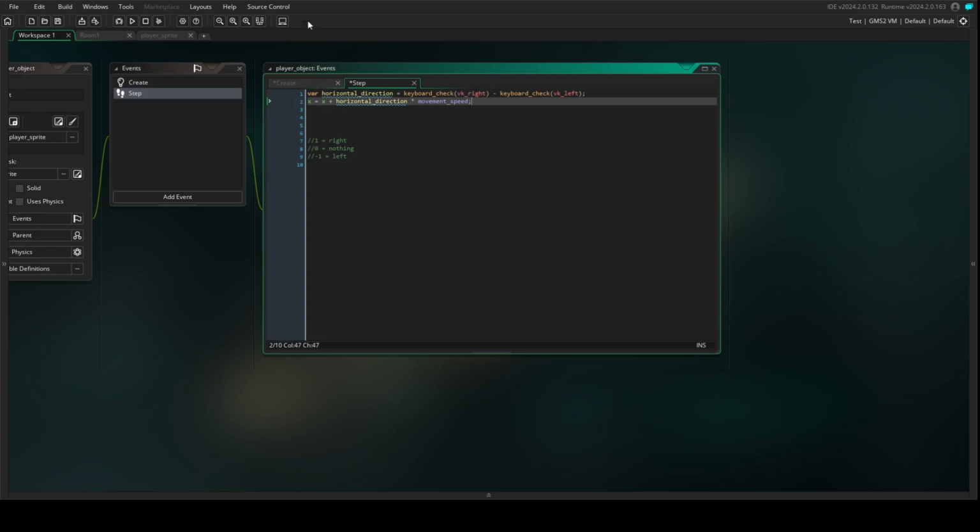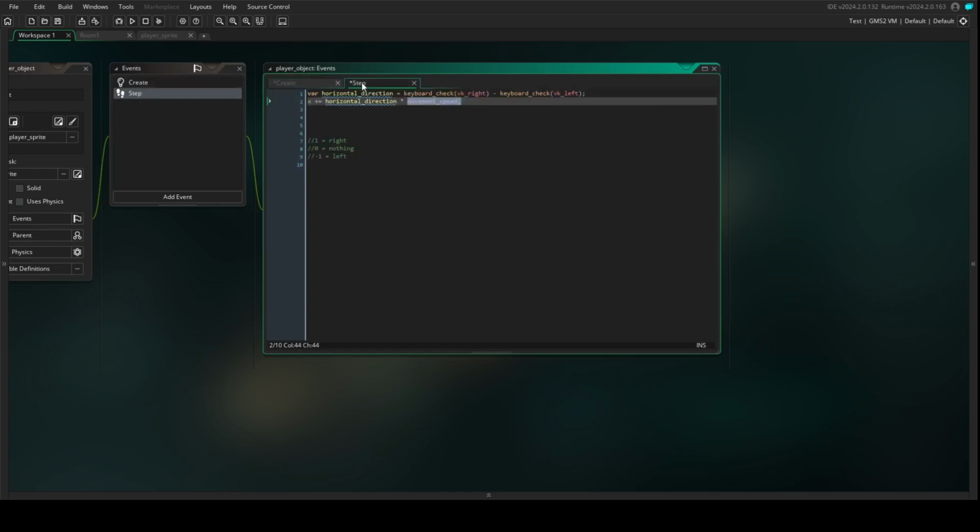Okay? Now, this might seem a little complicated, and there's different ways to write it. You might see it like this, which means the exact same thing. Basically, we're taking the current x value and we're adding this equation right here. Okay? So, remember this. If we're going right, that's the way we're facing, it'll get multiplied by the movement speed,